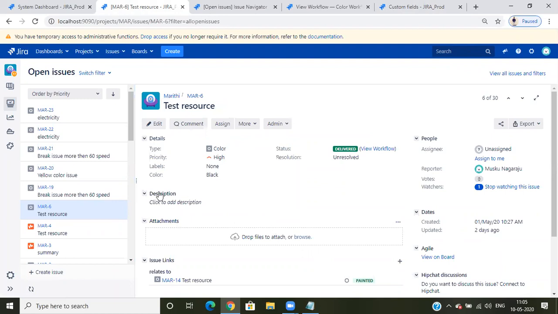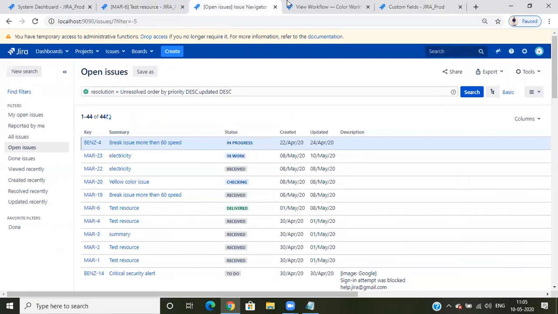If you don't select while creating, I'm not selecting any description, but it will become. I'm not selecting any priority as well, it will become. I'll not select any assignee, it will become, because this is the system UI. Okay, it will automatically come.